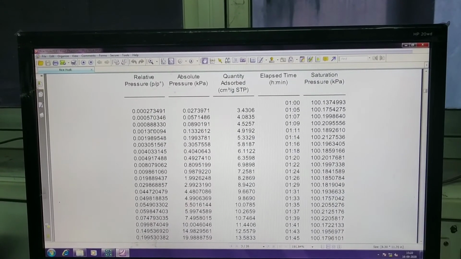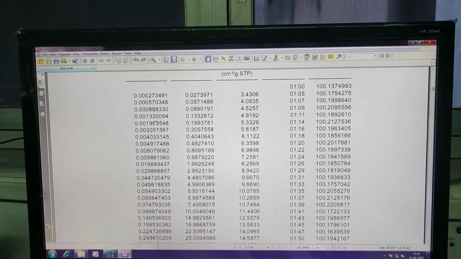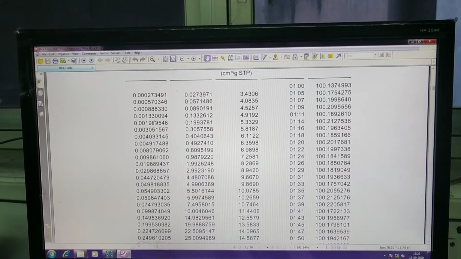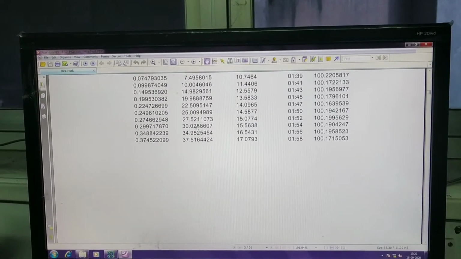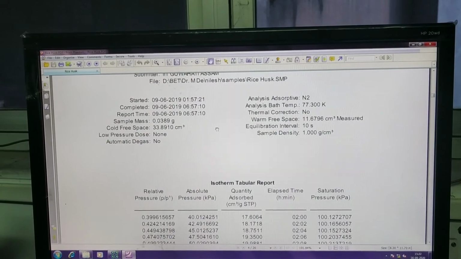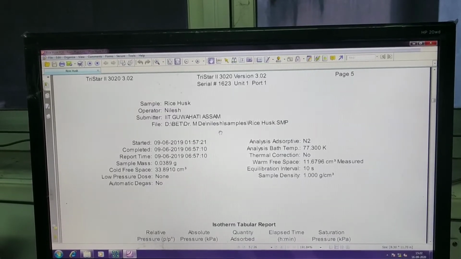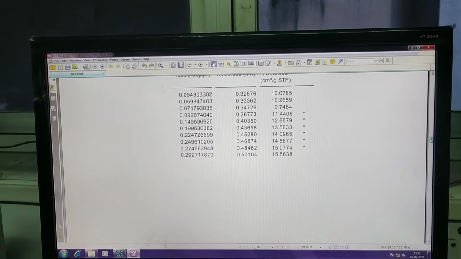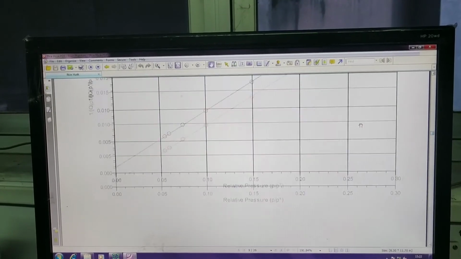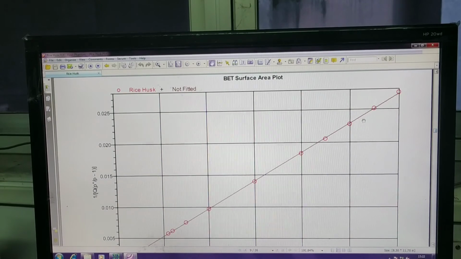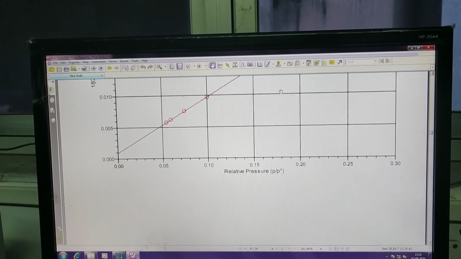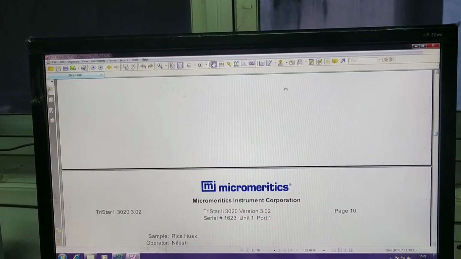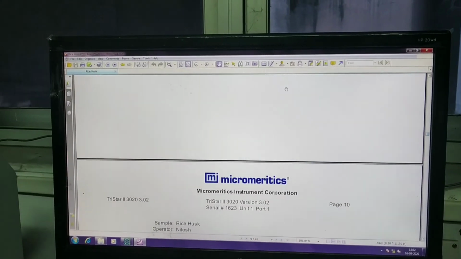If you want to generate a graph using any software, you can take the data from here. You can find many more details here, and the graph like this, the surface area plot. So that's all about the BET analysis.